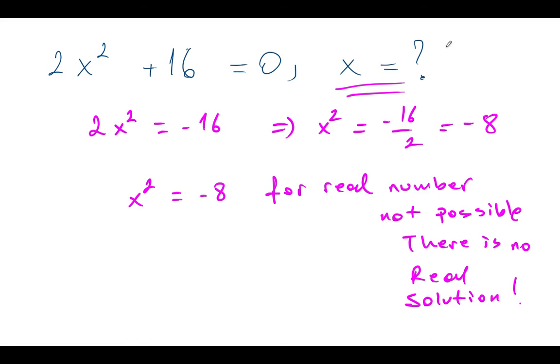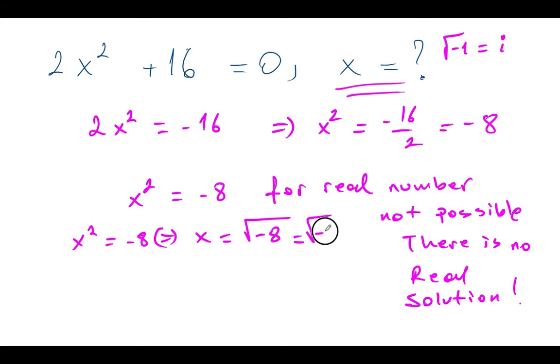But since we are now grade 11 and we know the complex numbers, we can use this. What was the complex numbers? Whenever we have root negative 1, we call this i. So in my question, x squared is equal to negative 8 means x is equal to square root of negative 8, and this could be written as negative 1 times 8, and this negative 1 could be i. So x is equal to, by the way, plus minus, do not forget this, plus minus